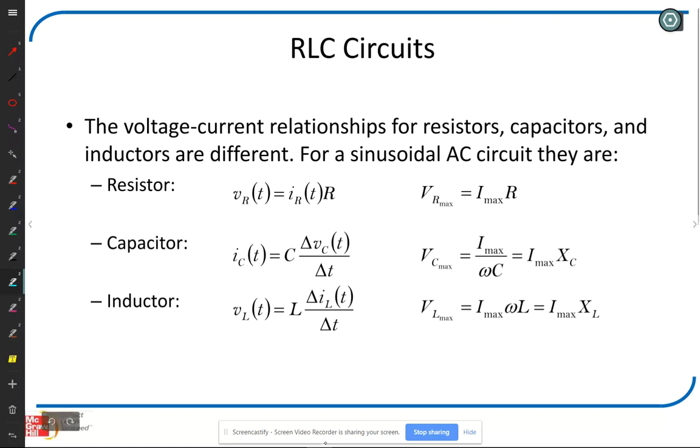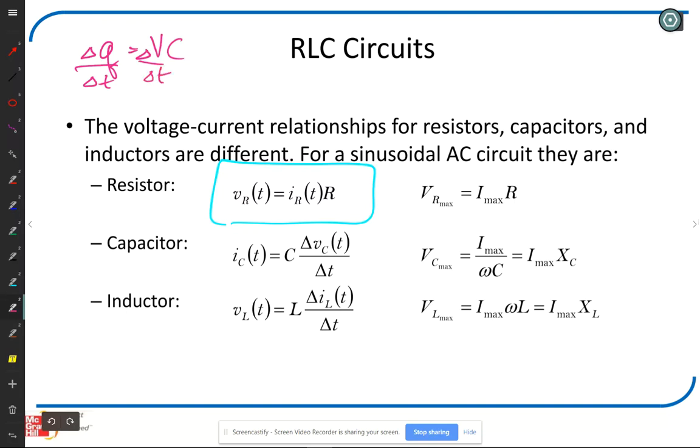You've learned Ohm's law, V equals IR, right? You should have that down cold. For a capacitor, we have a relationship that said Q is equal to VC. And so if I take delta Q over delta T, that should be delta V over delta T times C. But delta Q over delta T, that's the definition of current. So the current through the capacitor is equal to the rate at which the voltage across the capacitor is changing